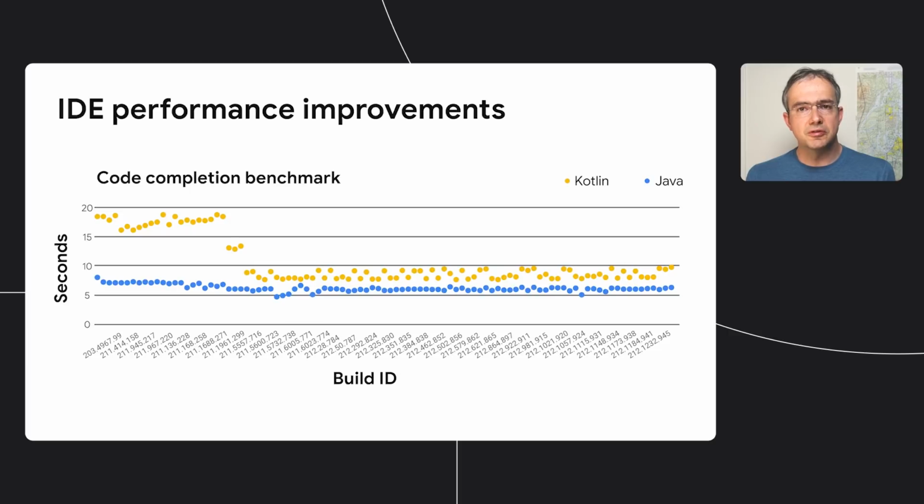As a result of these improvements, we're seeing up to 20 times faster auto-import suggestions and up to 2 times faster code completions for projects with complex dependency graphs. Make sure to upgrade to the latest versions of Android Studio and the Kotlin IDE plugin to benefit from these